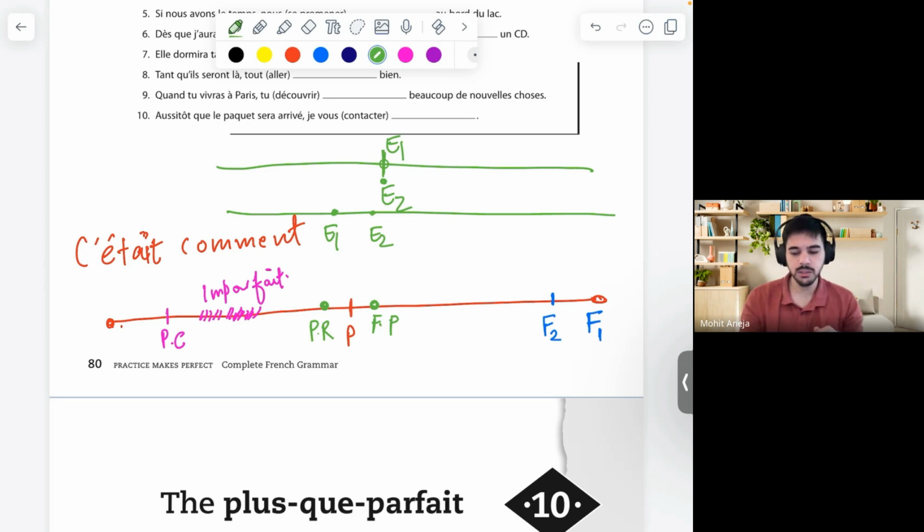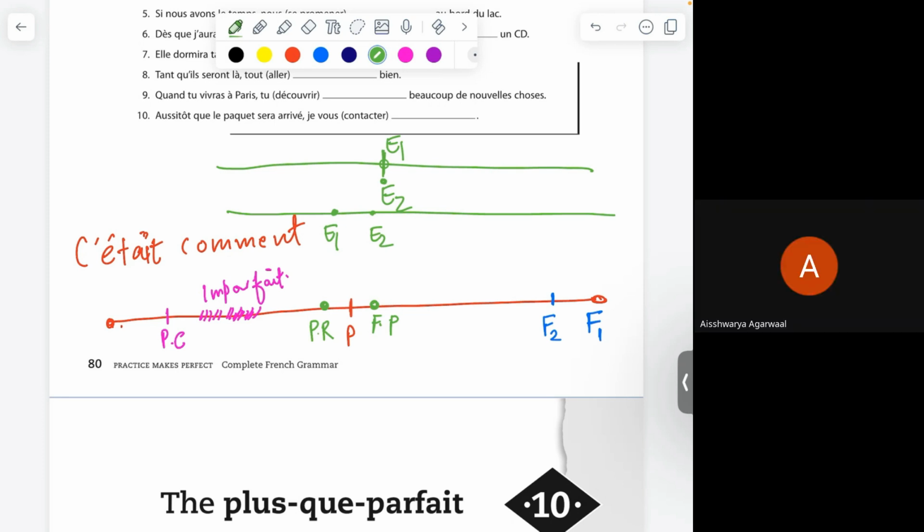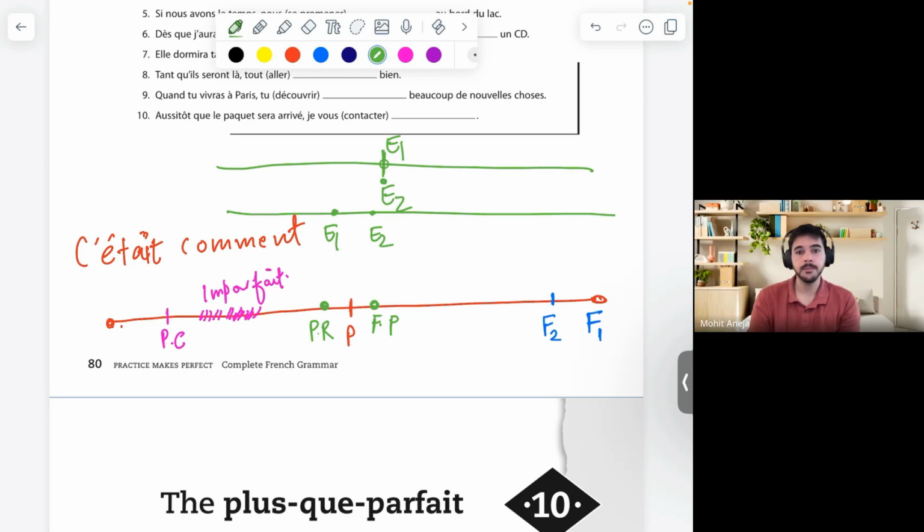How will I say that using the past tenses that we know already? We know imperfect, we know passé composé. How do we say this in a single sentence? The sentence is: he or she already ate dinner when you arrived. So how do we say this in English? Just think of it. You use the same tense that we are going to learn today in English as well.